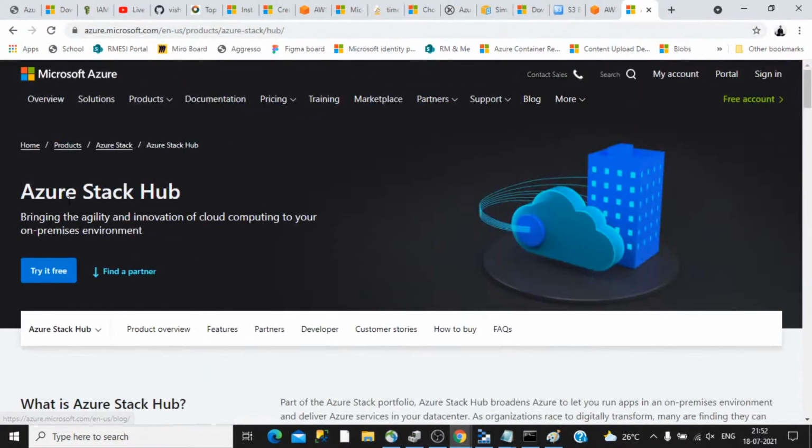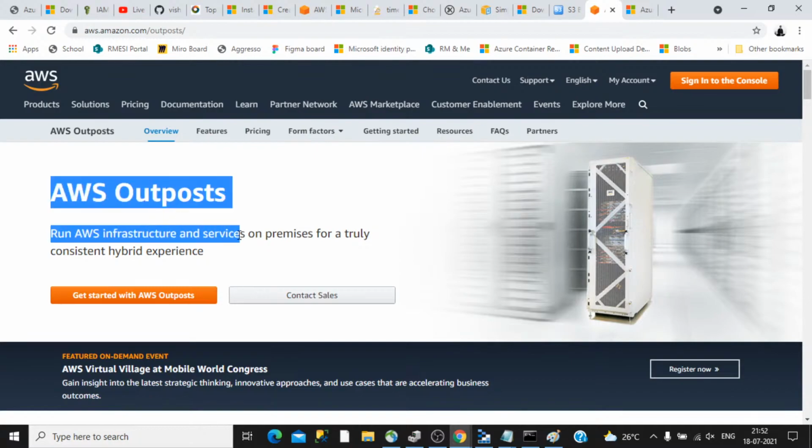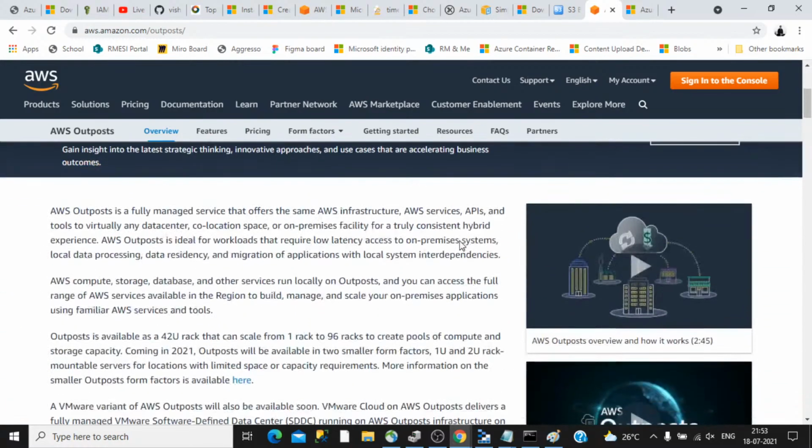I haven't used this, but just for the sake of understanding, I explained. The similar one is the AWS Outpost, which is also similar.